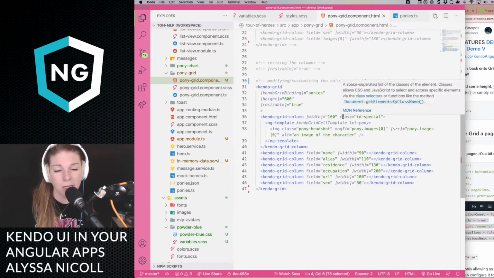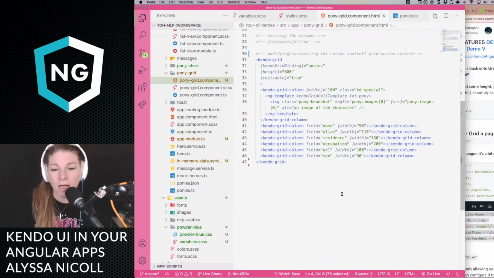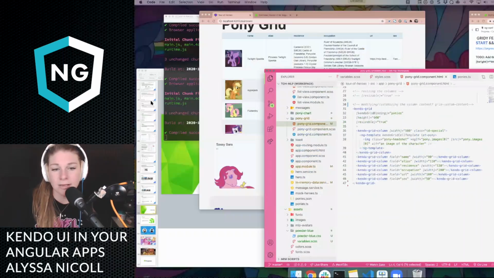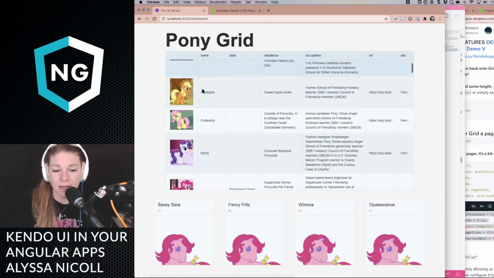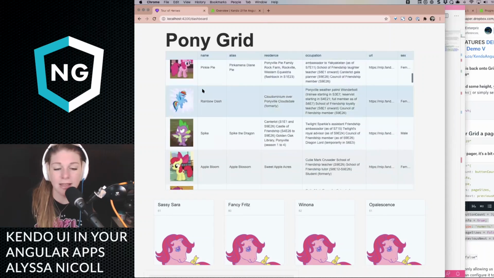So you can check them out in the Pony Grid component. So now, if we go back over to this, we've got a little bit more happening. I made the image, I put that one first. We've got our row striping happening here. It's getting there, right? She's getting there.